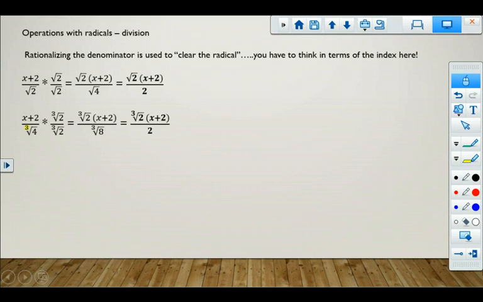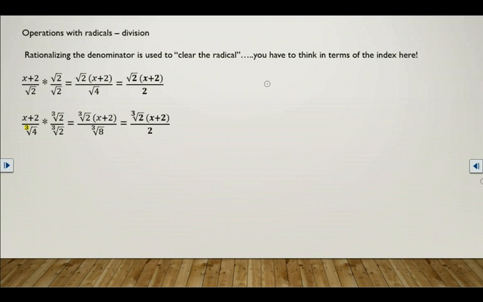If I had four over the cube root of 2, I would have to multiply by the cube root of 4 over the cube root of 4. Why? I'll tell you why. Because